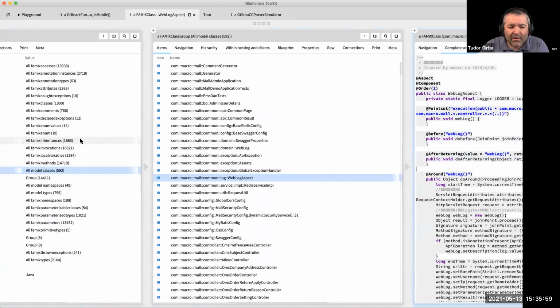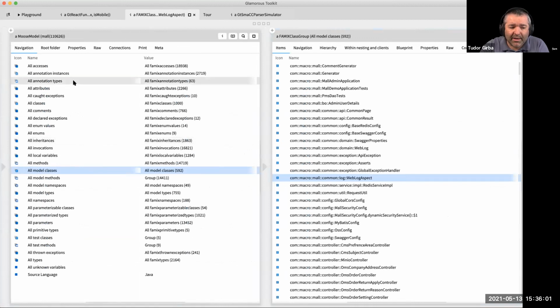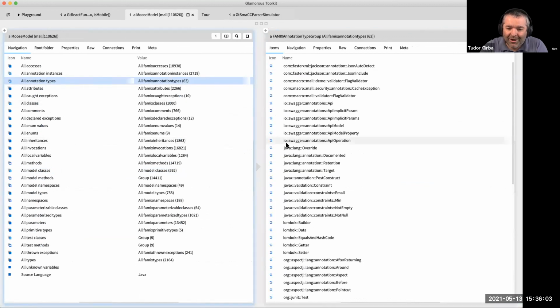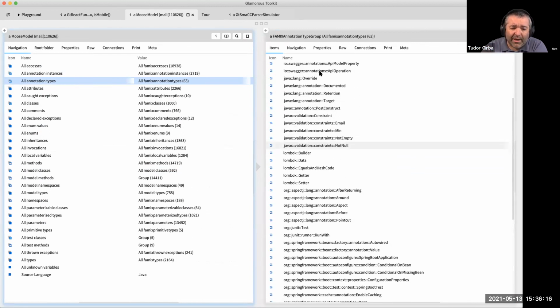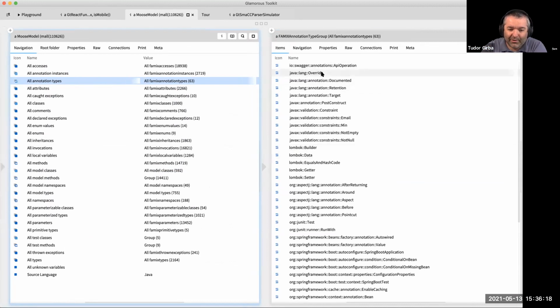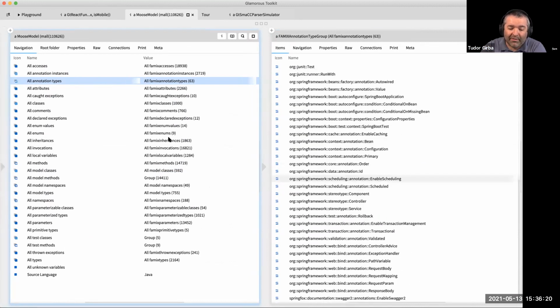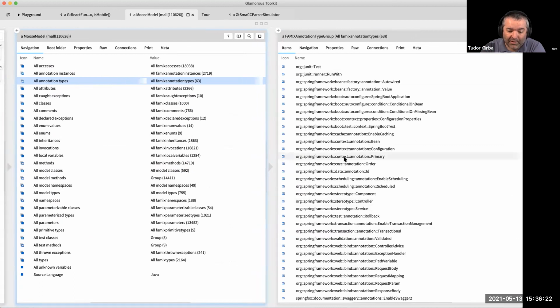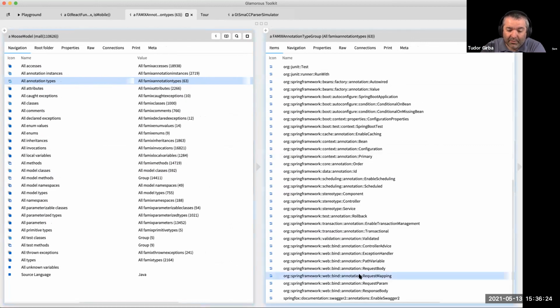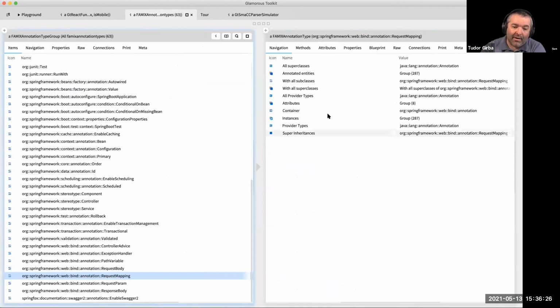But if you're not browsing the annotations, you're actually blinded quite a bit, because a significant amount of logic is being injected into your system through these annotations. So here we have, for example, the default Java lang override. But then if you look at some more interesting ones, such as request mapping,